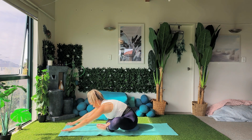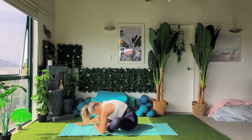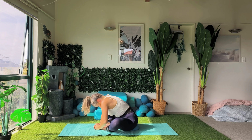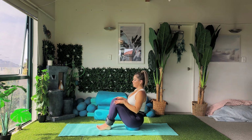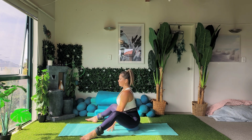And as you exhale, just starting to walk the hands forward and starting to let the chin come down towards the chest as you release the head down, maybe holding on to somewhere on the feet. If that feels good, you can find some roundness into the spine here. Once you get as far out as what the hips want to bring you, you can just release down. Taking some nice breaths here in through the nose and out through the nose or mouth. And then when you're ready, coming all the way back up to seated,